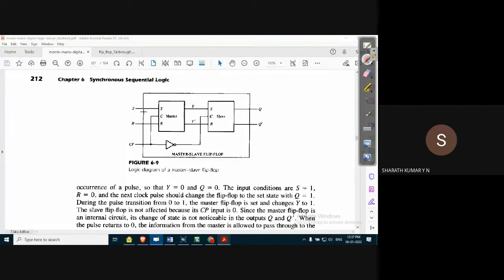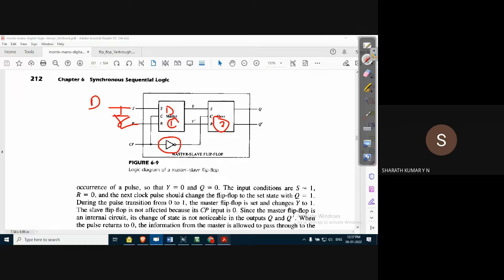This is shown as SR latch. No issues. Because when it is shorted and given with the NOT gate, it becomes a D flip flop. No issues. So this is a D flip flop. Let us assume that both are D, not an issue. So what we are discussing here is, what is the significance of clock pulse applied to both the flip flops, first and second flip flop, but with a NOT gate in between.